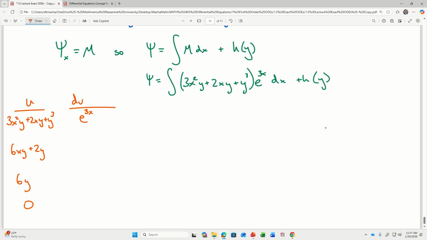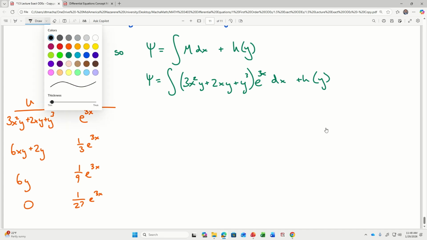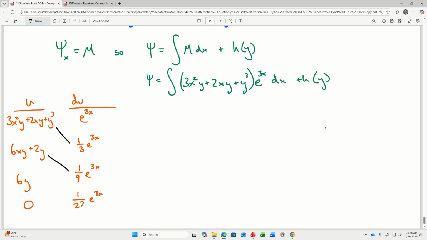Antiderivatives of e to the 3x would be 1/3 e to the 3x, 1/9 e to the 3x, and 1/27 e to the 3x. So remember, in integration by parts, we pair them up kind of diagonally. Oh, and don't forget plus, minus, plus. I'm going to end up with 1/3